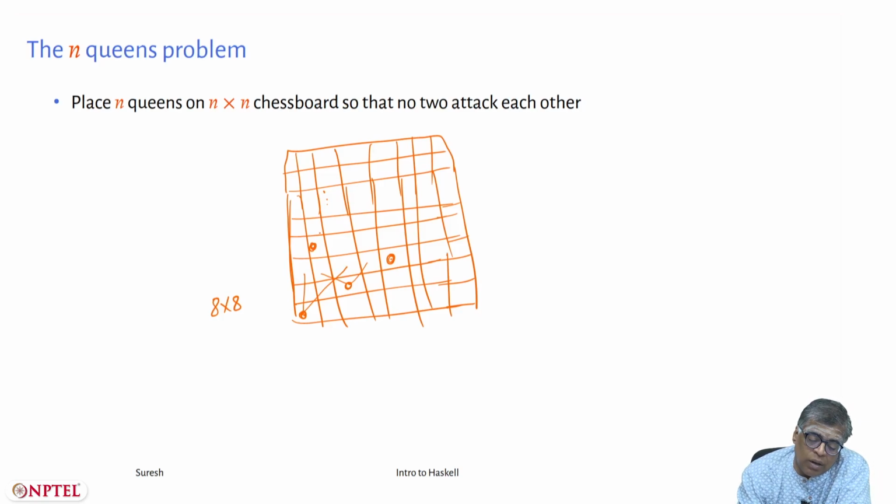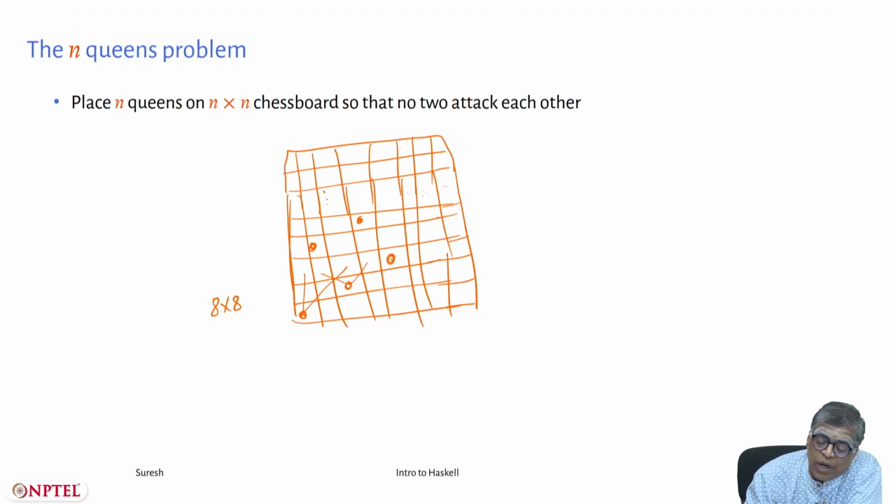And for the next queen, you try to place it here. Maybe you can place it there, because 1, 2, 3, 4, 5, that attacks this. Yeah, you can place it here. For the next queen, you cannot place it in any of these columns. You have to place it here, but you can't place it there because this queen attacks that. So you have to go here, but you cannot place it here because this attacks that, and you cannot place it here because this attacks it.